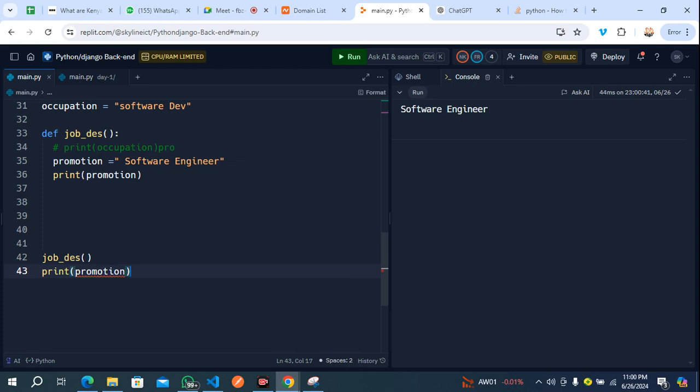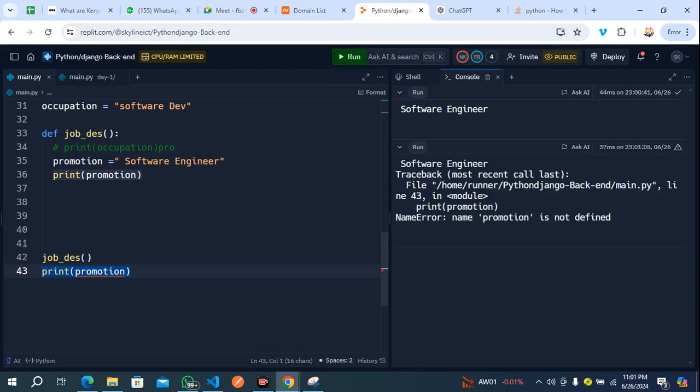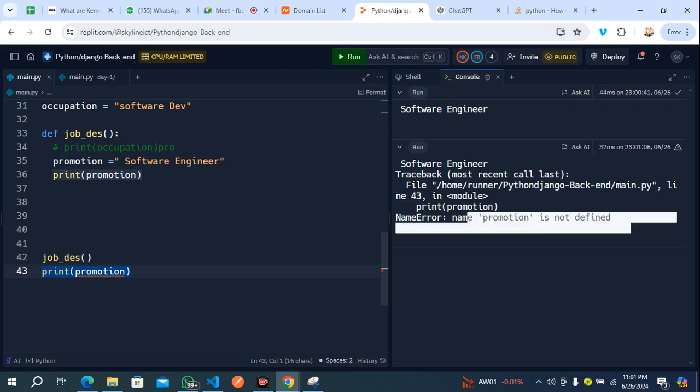Now, even with this red underline you are having here, it means that there is a problem. So if you run this code, of course, you are going to have an error, right? It's telling you that this is not defined. Why is it not defined? Because it's not a global. It can only be accessed within the block of this function. So anything outside this function would not be acceptable.